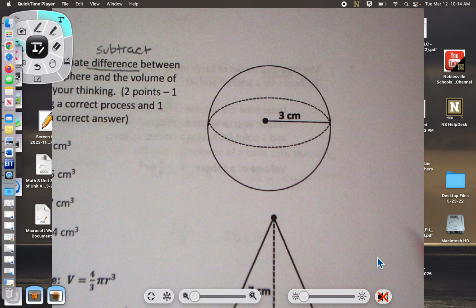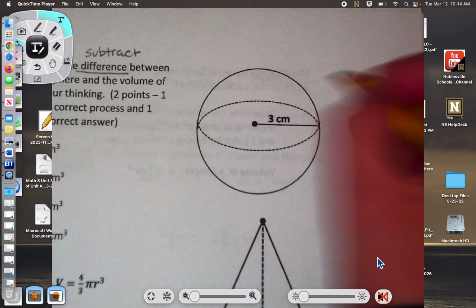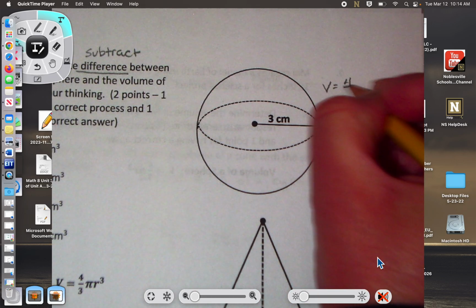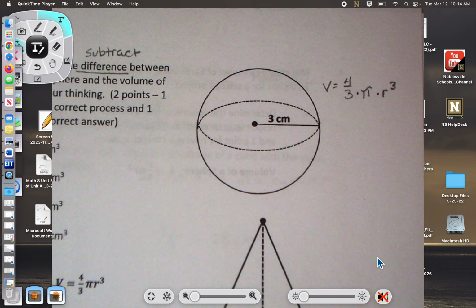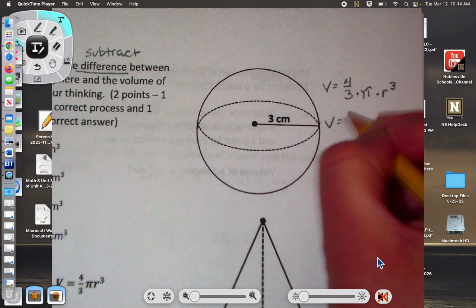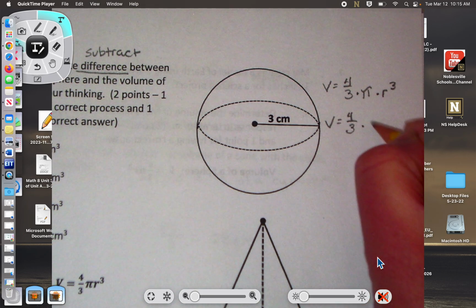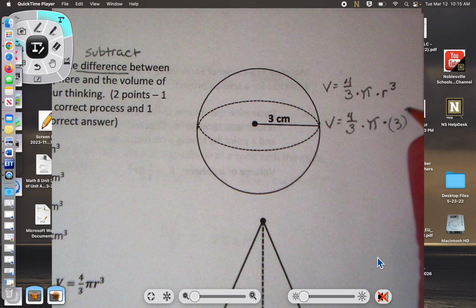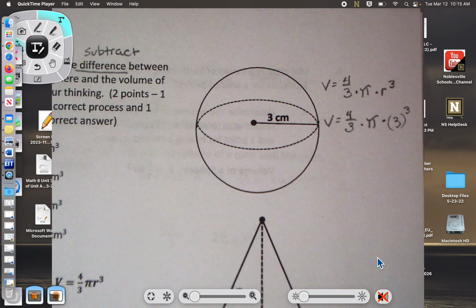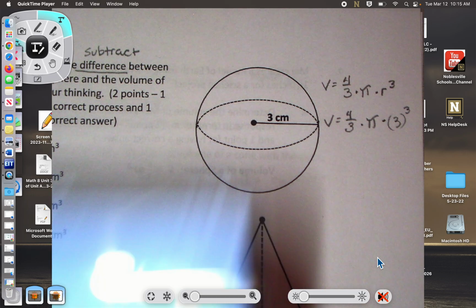Okay, so first let's find the volume of the sphere. So I'm going to write my formula, 4/3 times pi times r cubed. So in my calculator, I'm going to do 4/3 times pi times 3 cubed. So open up my calculator,